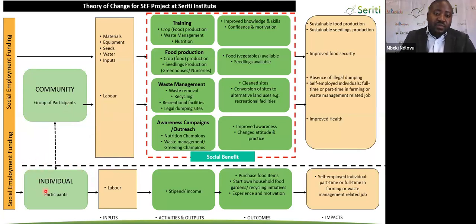Just below this dotted line, we have the individual participants, and what they do is they provide labor and they get a stipend or an income out of the labor that they provide, leading us to the outcome that once you get a stipend, you are able to buy food, because this is one